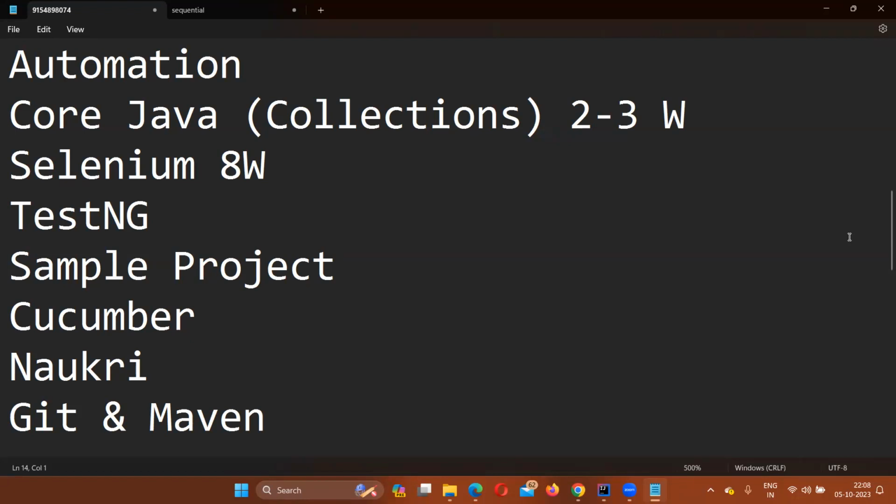यार अभी कितना LPA आएगा वो मैं कैसे बताऊंगा? I have candidates who have got 3 LPA, I've got candidates who have got 10 LPA, who have got 12 LPA also. ठीक है, अब मैं तो वो बता नहीं सकता, है ना? तुम्हारी किस्मत और मार्केट की डिमांड, your luck and the demand in the market will decide your salary and your performance in the interview. Most importantly, if you perform well in the interview, you have the ball in your court, you can ask for more money. देगा या नहीं देगा? I want 10 LPA, will you give me 10 LPA, or should I go to some other company?